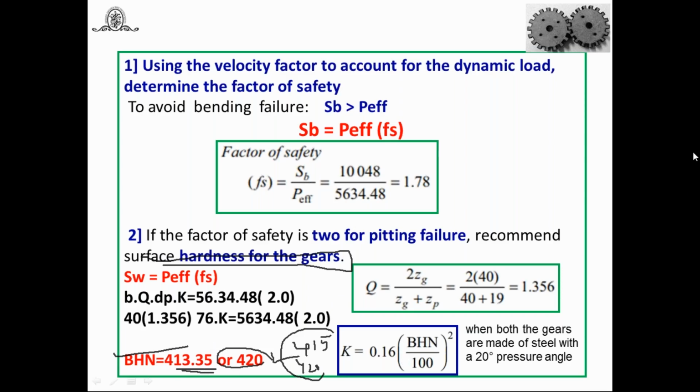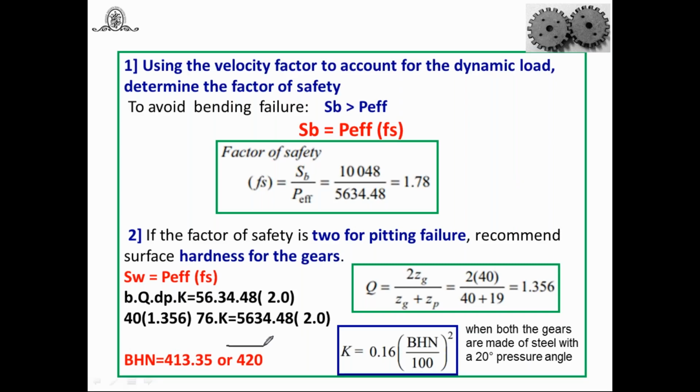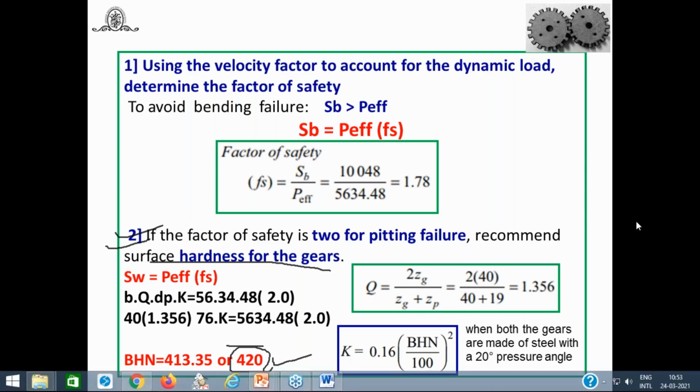But you have one scope. What is the scope? By heat treatment process, you can also improve the surface hardness of the gear. Try to understand. That's why you can increase from 413 up to 420 also, and you can use this value in the design of the gear. Got it? So by using this factor of safety to avoid failure, we can easily find out the surface hardness. This is the second bit. Now let us go for the third one in the problem statement.